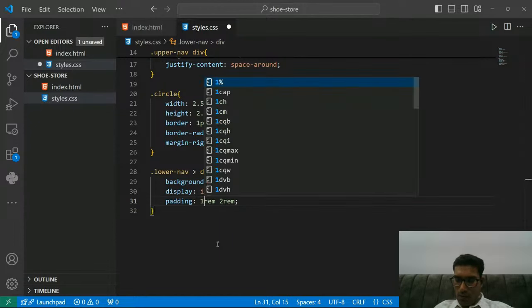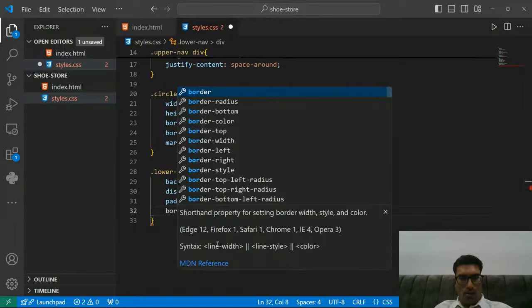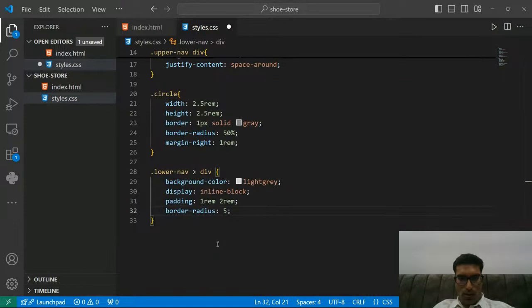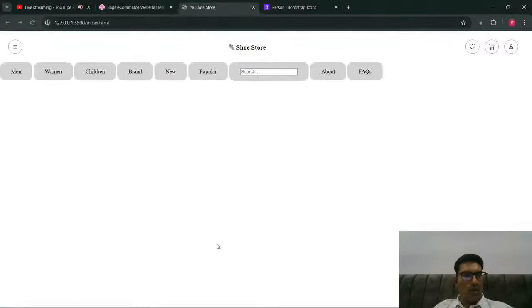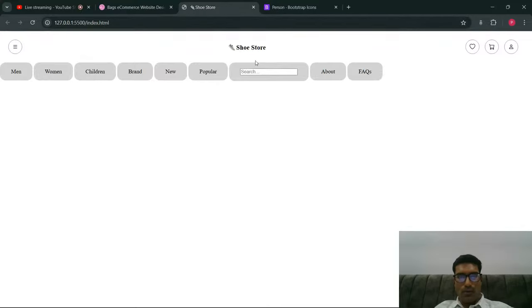Okay, they are looking the same. Let us reduce some padding. Okay, now they are looking fine. Okay, now I need to give them border radius. So give border radius as 1 REM. Okay, so it is exactly looking the same buttons like this. Okay, now you just have to